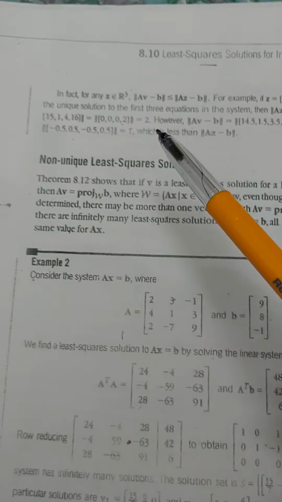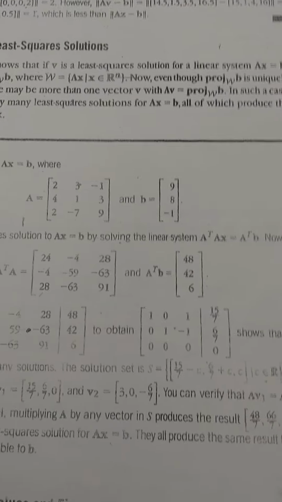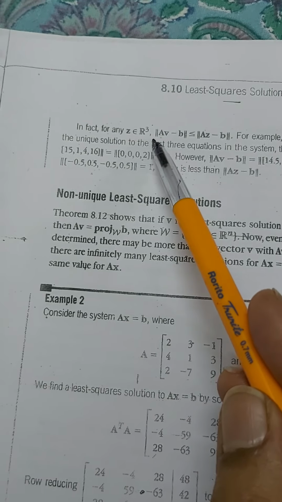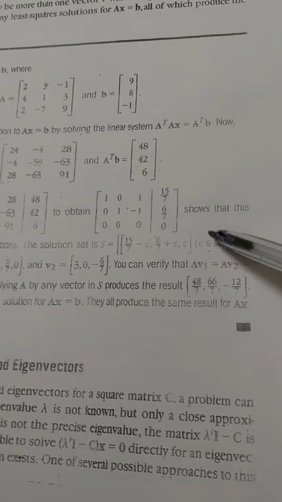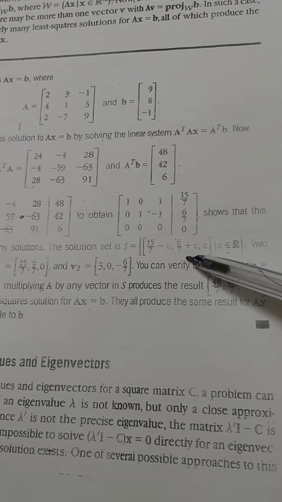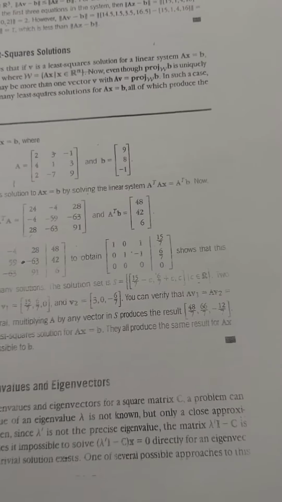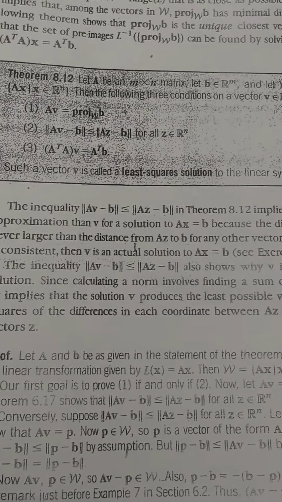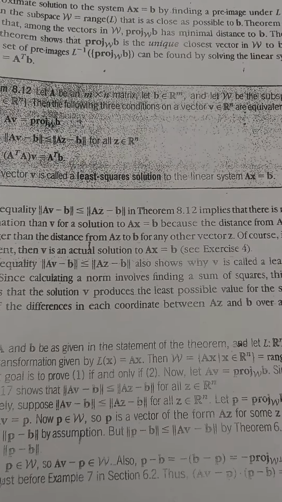This AV minus B that we were talking about, any V from this solution set will give you the same value of this norm AV minus B. So any solution from this is the best possible approximate solution. It is called a least square solution of the system. Why do we call it least square? By the name of this process, the process by which we obtain this solution is least squares. We are not going into theory, just the name of that solution is least square solution to the system Ax equal to B.